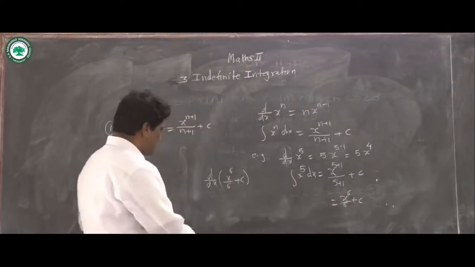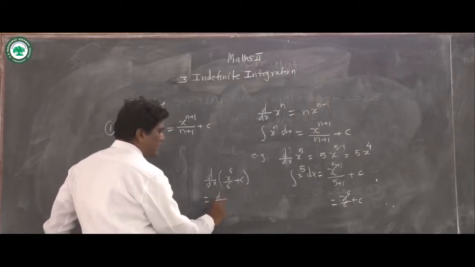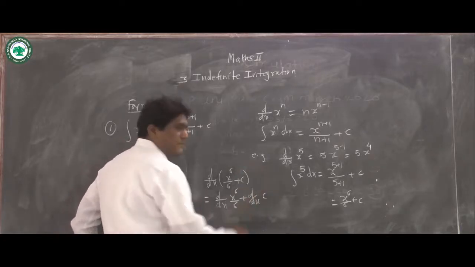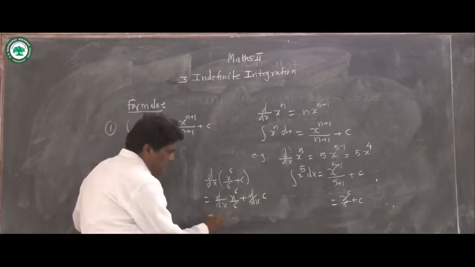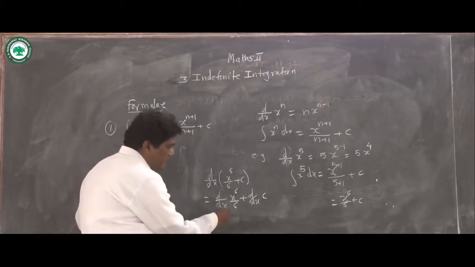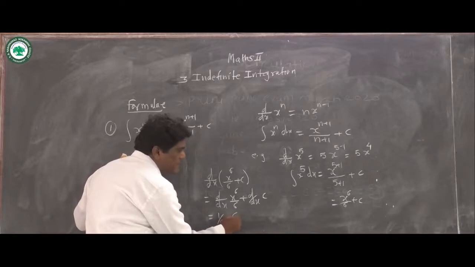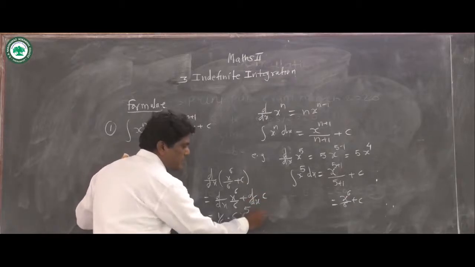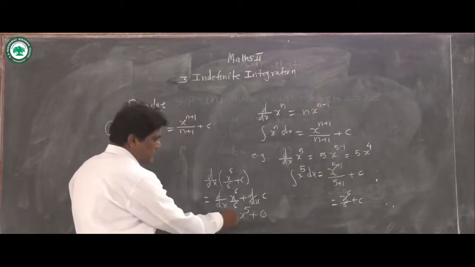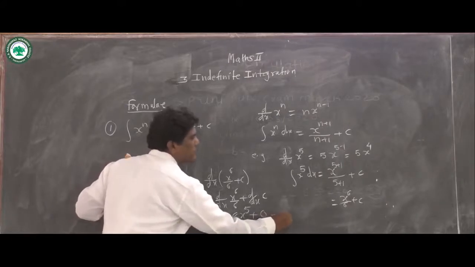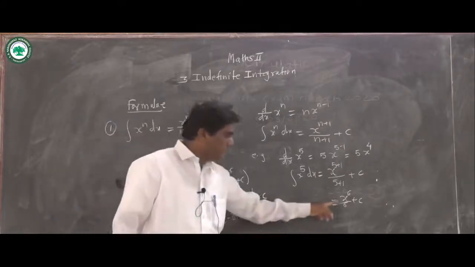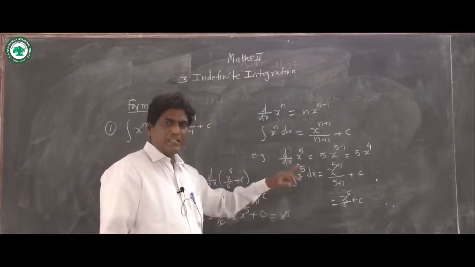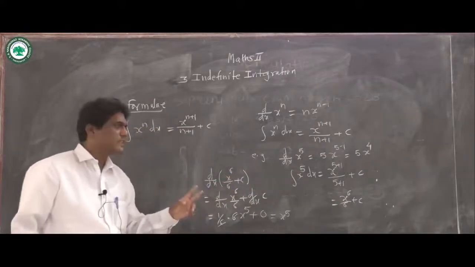How do we check here? This is equal to d by dx of x to the power 6 upon 6 plus d by dx of c. Now this 1 upon 6 is a constant, and the derivative of x to the power 6 is 6 into x to the power 6 minus 1, that is 5, and plus d by dx of c, that is a constant, it is 0. So 6 gets cancelled and it is equal to x to the power 5. So when we take the derivative of this, we get this x to the power 5. So derivative and integration are the reverse processes of each other.